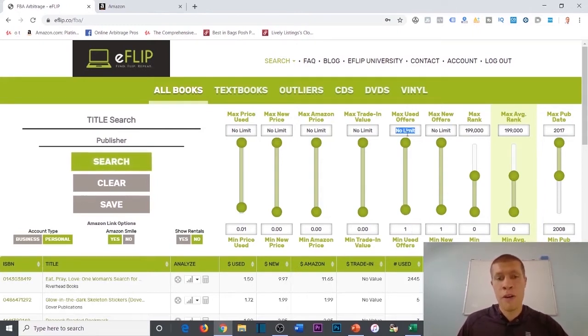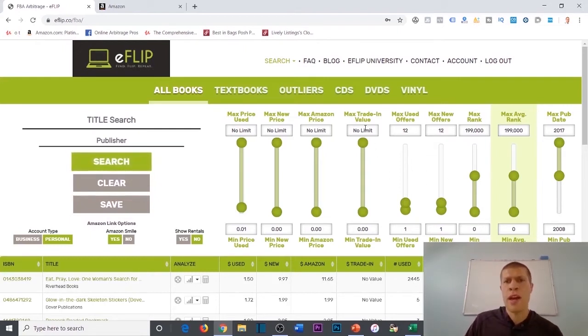one minimum used offer and, I don't know, 12 max used offers, right? So new offers will go 9 and we'll go 1. Actually, you know what? Let's broaden it a little bit. We'll go 12. Now max trade-in value will go like $5 for trade-in value, because that basically indicates